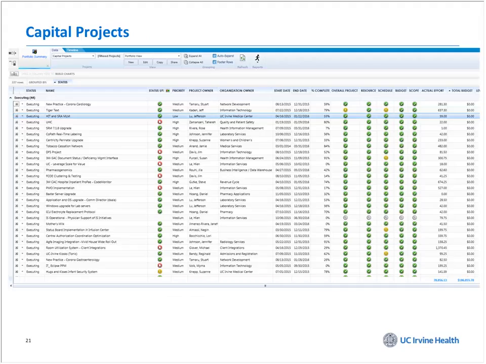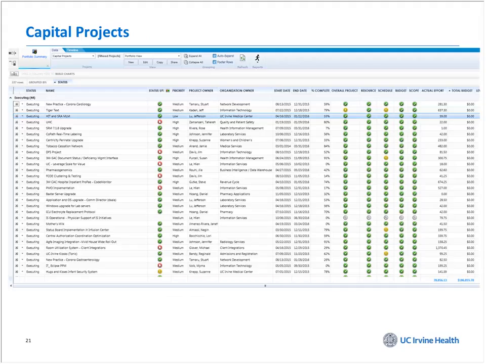This happens to be a capital project list that comes out of Eclipse, and these are things that we can review with our executive committee or really anybody else. This is probably from a year or two ago, and these are actually capital projects, and we use that kind of green, yellow, red